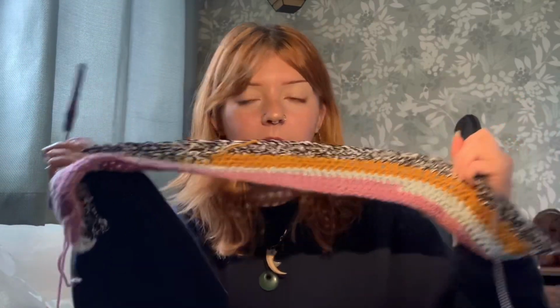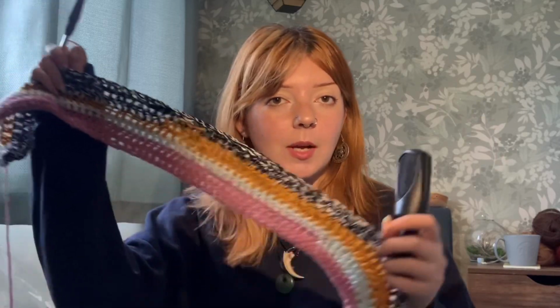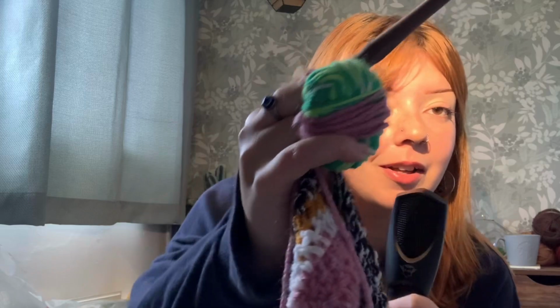Okay, so it's like an hour and a half later now, and I'm having so much fun. We're at this point now. There are four different types of yarn here so far, but I've got to the part of the ball where it goes back to the thicker yarn, so I'm just going to switch over hooks. But I'm very excited to use the next one, which is this green. It's all different types of green basically, but that is the last colour in this ball, I do believe,